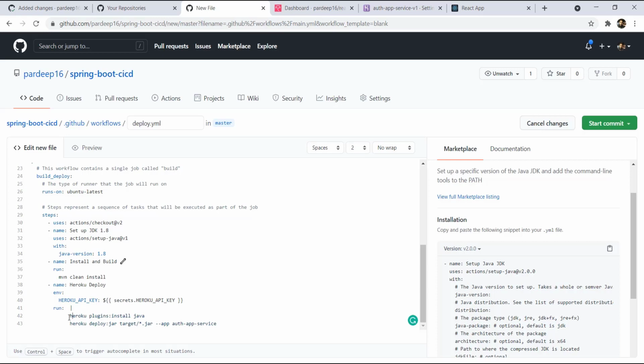So here we have written two commands. First it will install the Java plugin. After that it will deploy that jar on the service. Okay, let's change this name here, and we have to write our name, auth app service v1.